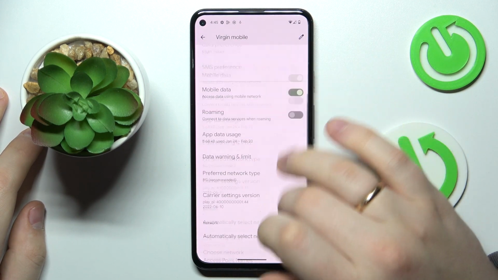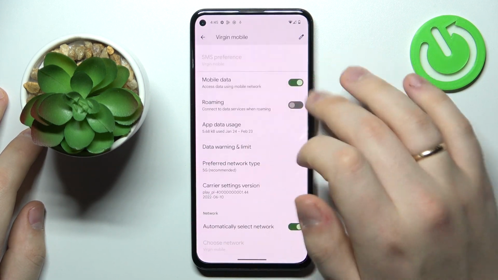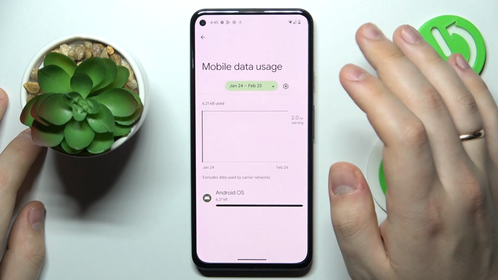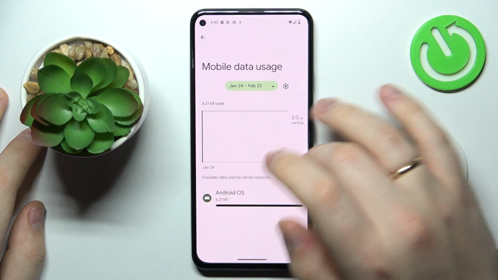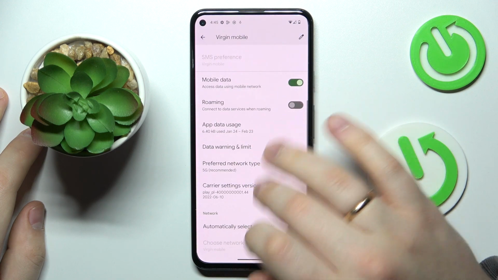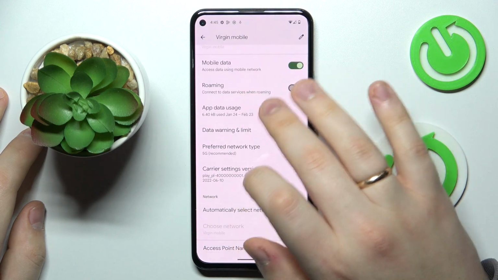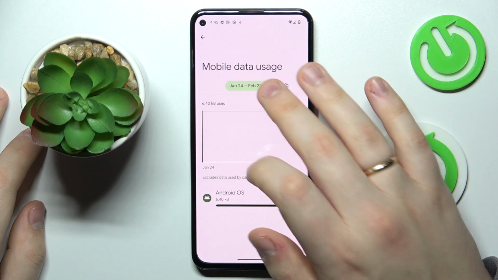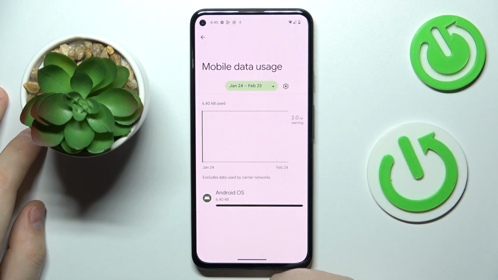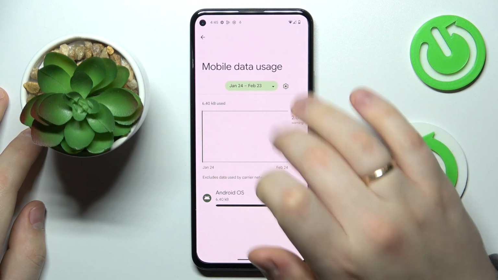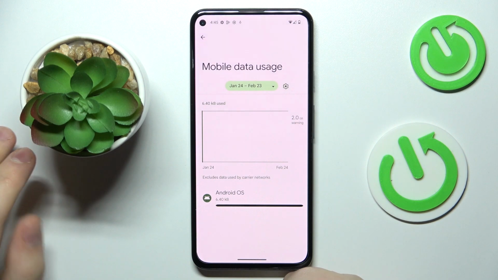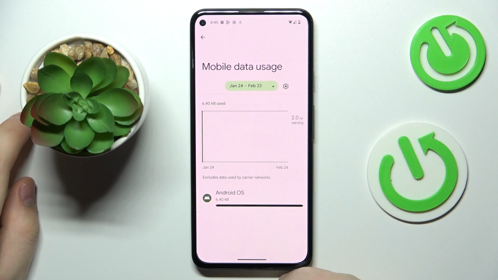You can also go as far as checking the mobile data usage statistics over here by entering the respective section, which will provide you with a detailed breakdown on the graph, and with the detailed breakdown on which app or system service has used how much cellular